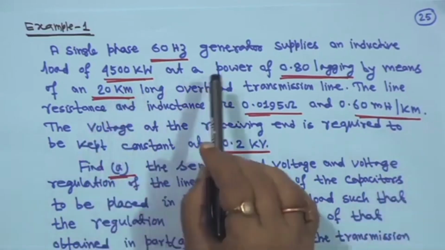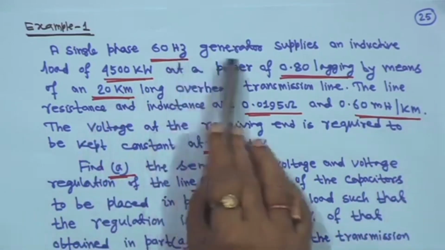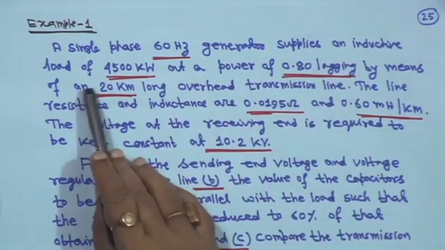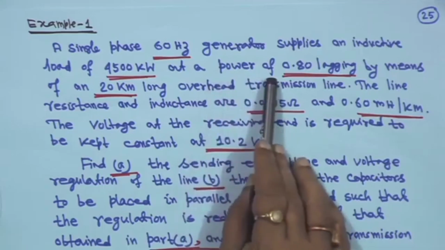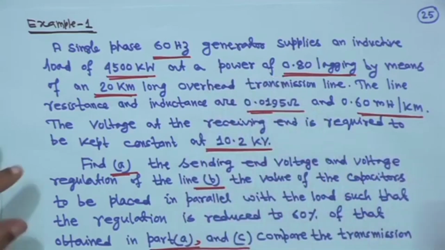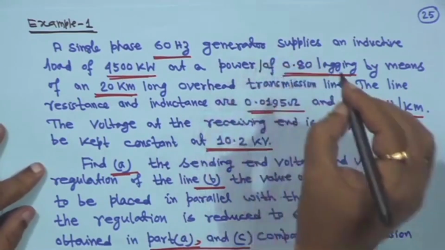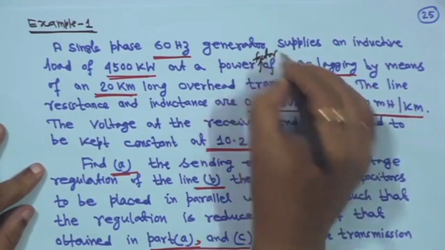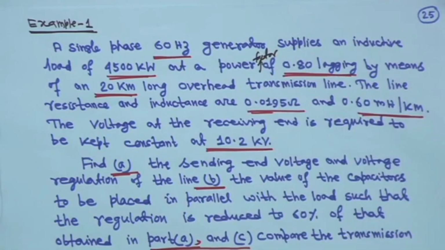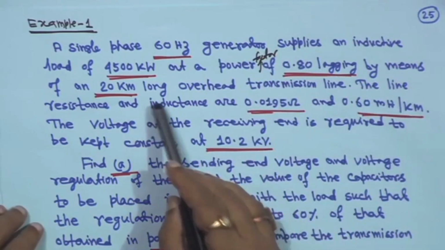So, first you see this: a single phase 60 Hz generator supplies an inductive load of 4500 kilowatt at a power factor of 0.8 lagging, by means of a 20 kilometer long